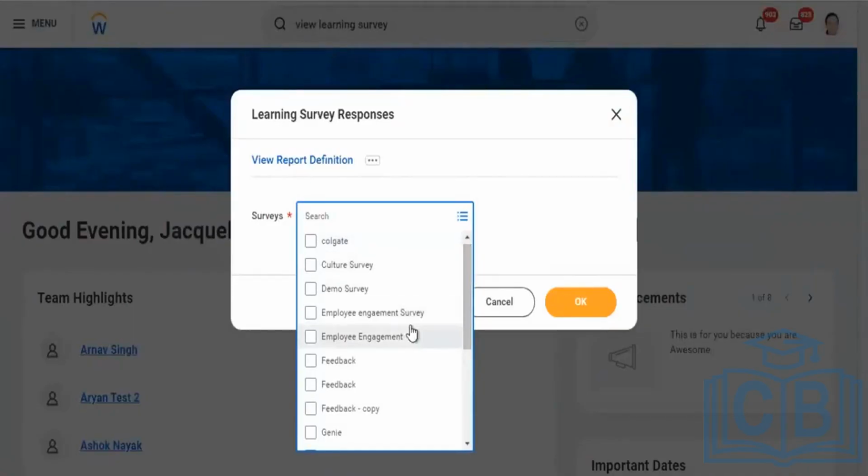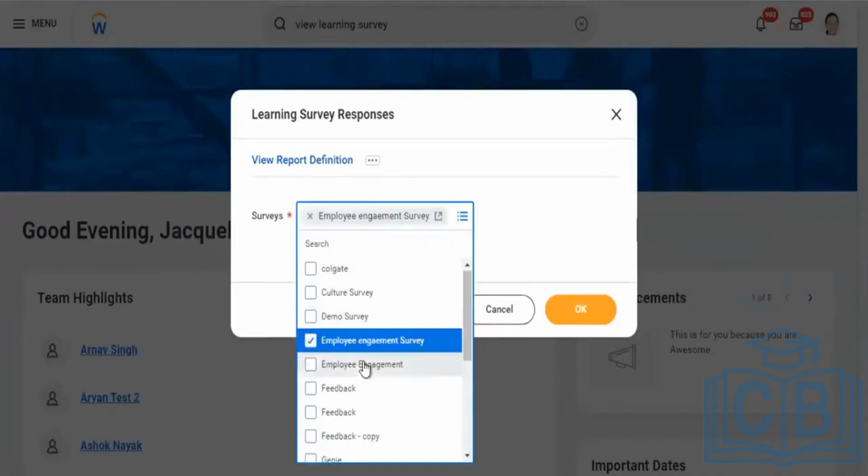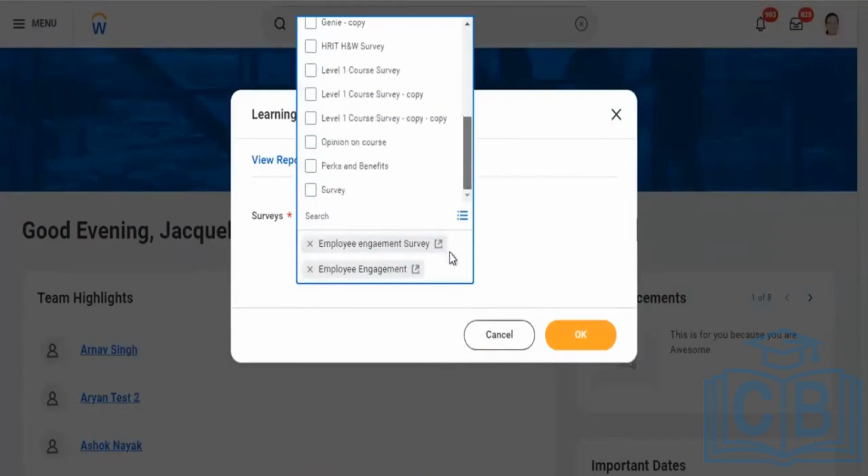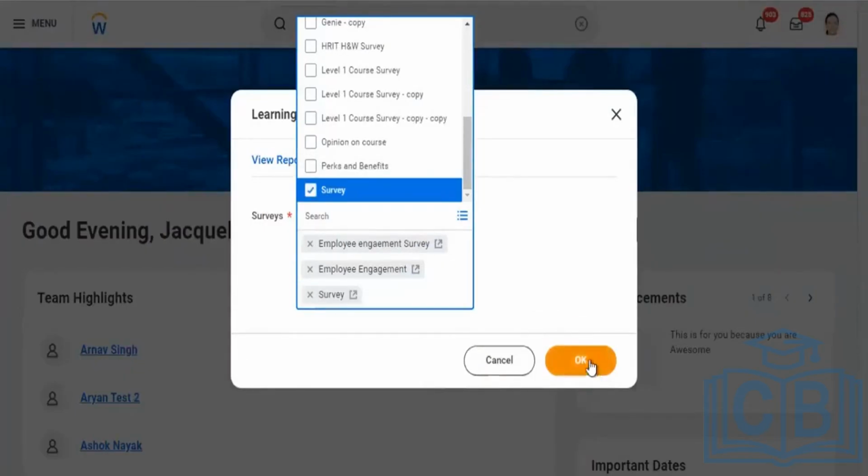In my engagement survey, I think what we've given should still be there. I believe that was selected.